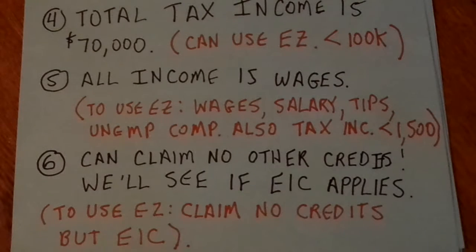So to use Form 1040EZ, your income can be wages, salary, tips, unemployment compensation, or taxable interest, where the interest is less than $1,500. Well, they meet this threshold because all they have is wages. They're not able to claim any credit other than maybe earned income credit. And that means they're still okay because to use the Form 1040EZ, you can't claim any other types of credits